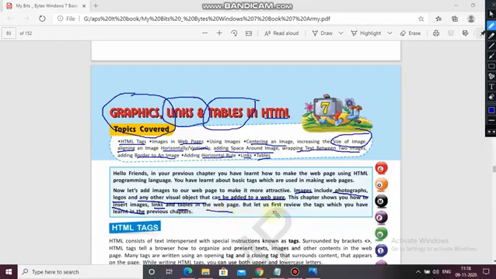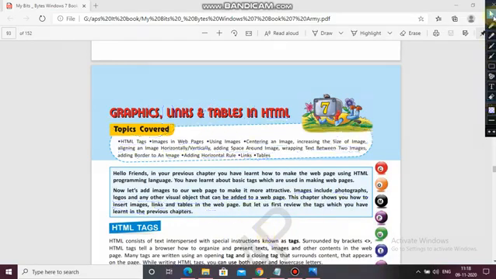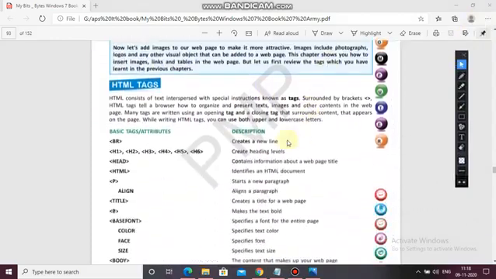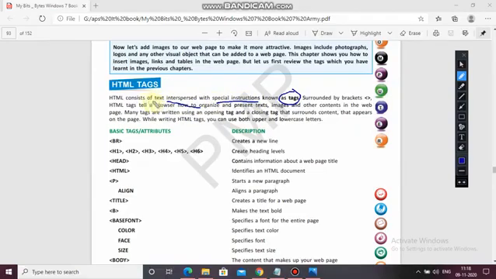But let us first review the tags which you have learned in the previous chapter. So let's see that. HTML tags. HTML consists of text interspersed with special instructions known as tags. Interspersed means fitted with special instructions. Whatever the text is written, the special instructions are fitted between that, known as tags.